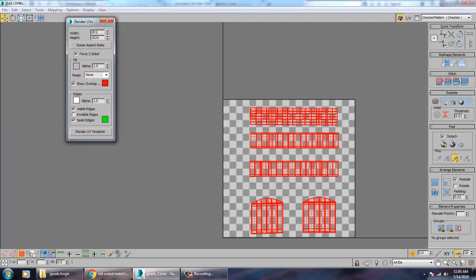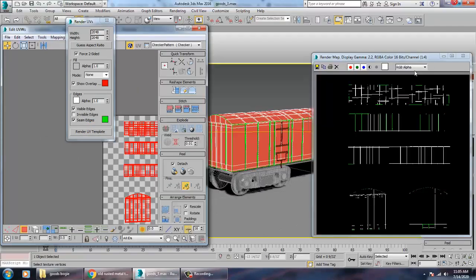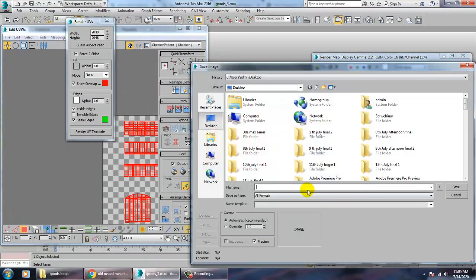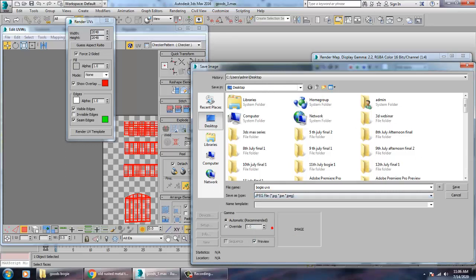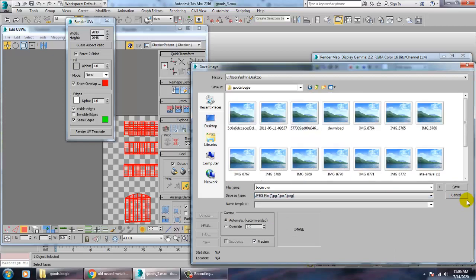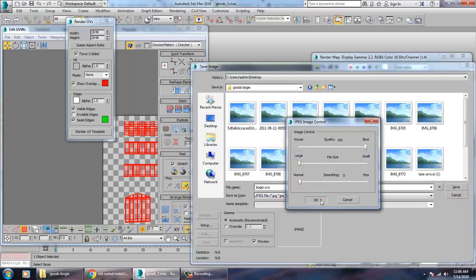We'll take it as 2048 by 2048. Render UVW template. Save it. UVs, and save it in JPG. Click save. Okay. So it should go in the folder, and let's just save this and click OK.